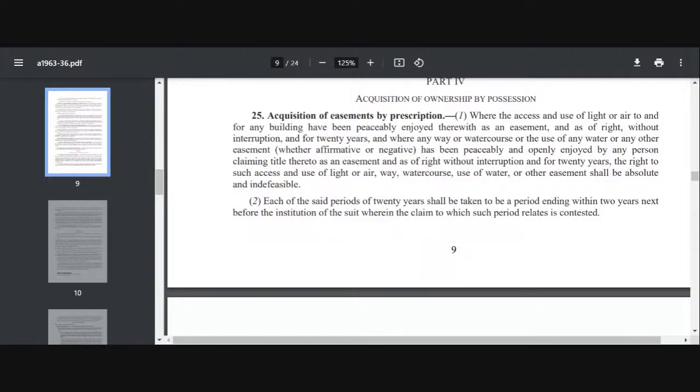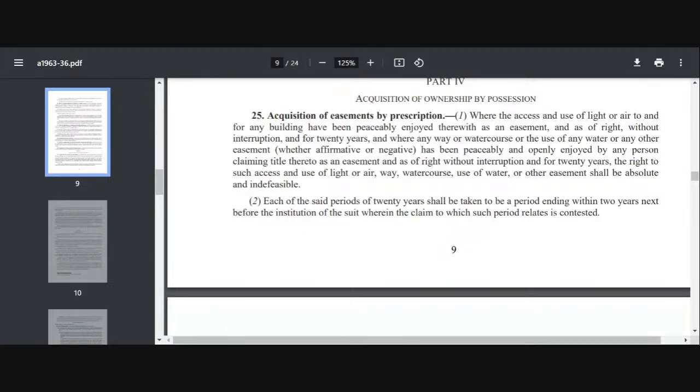Come to section 26, exclusion in favor of reversioner of servient tenement. अब सेक्शन 26 जो है वो बात कर रहा है कि अगर एक सर्वियंट हेरिटेज है, there are two heritages, dominant heritage and servient heritage. So if servient heritage है, that means the land over which you are enjoying the easement, ठीक है, जहां पे आप ईजमेंट एंजॉय कर रहे हो जिसके आप ओनर नहीं हो। सर्वियंट हेरिटेज वो पार्ट है जिसके आप ओनर नहीं हो, पर फिर भी आप वहां पर जाके